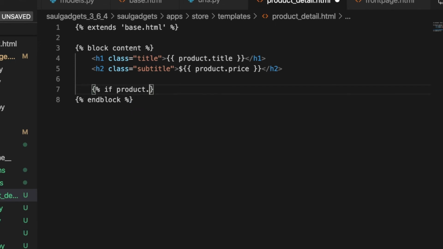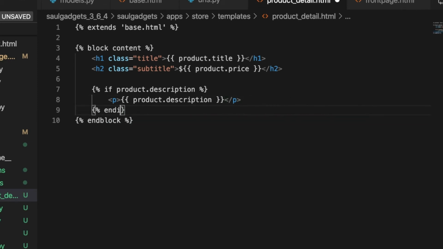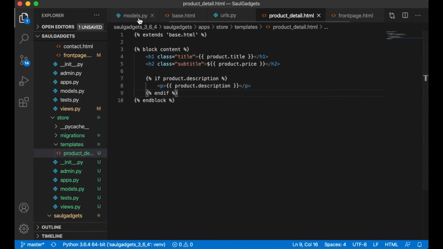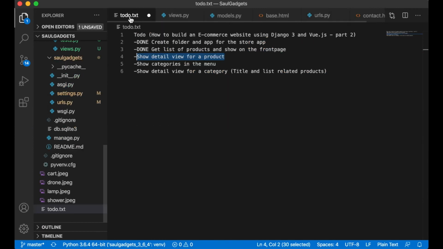If product.description, p product.description, and end if, like that. So I will come back to the add to cart button and similar afterwards or later in this series. So then I can go ahead and close this for now, and inside the to do I can set this to done,